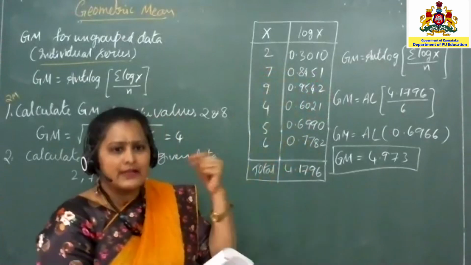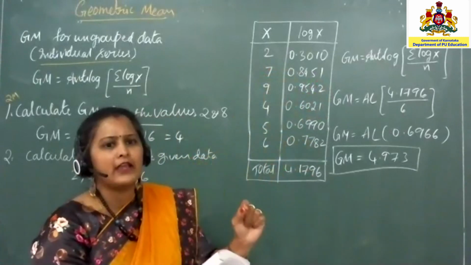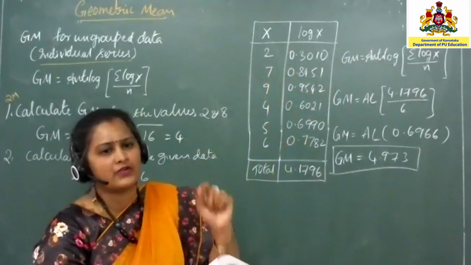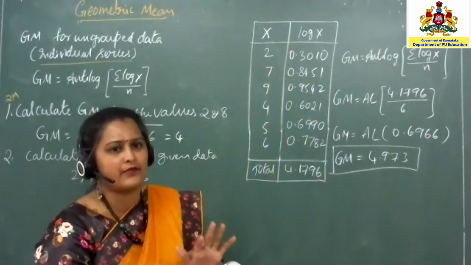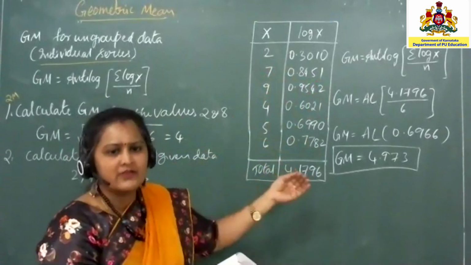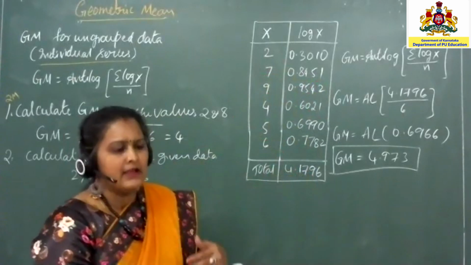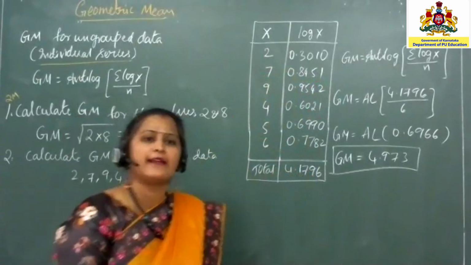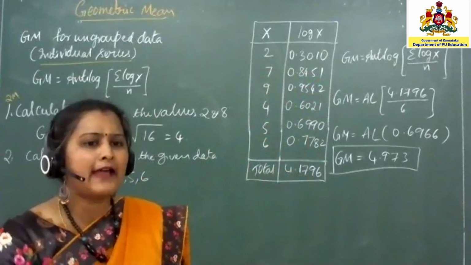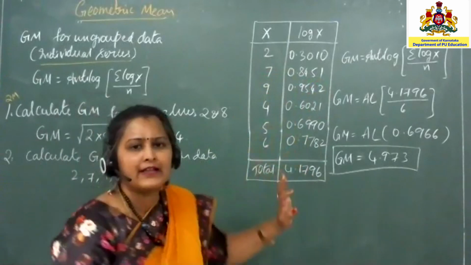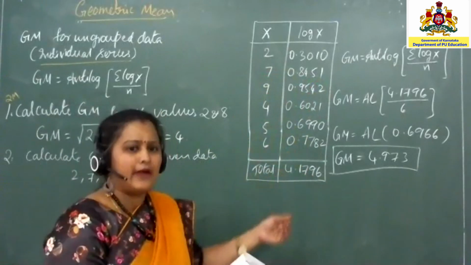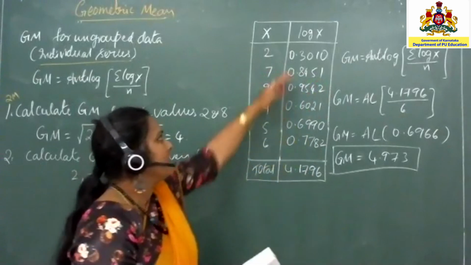So you need to sit and check the values, and then you should write, and then you should practice it. Otherwise it is very difficult to write the values by seeing the logarithm tables. If you have a scientific calculator, it is very easy. If you don't have a scientific calculator, definitely this is one of the methods to find logarithms. Then you should add it.